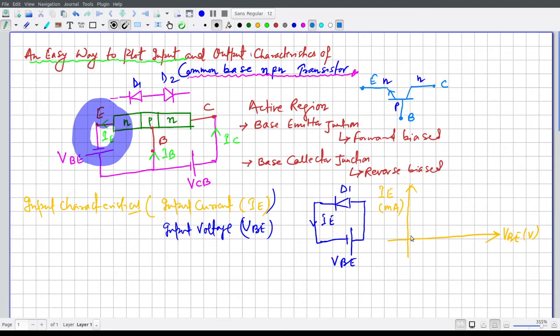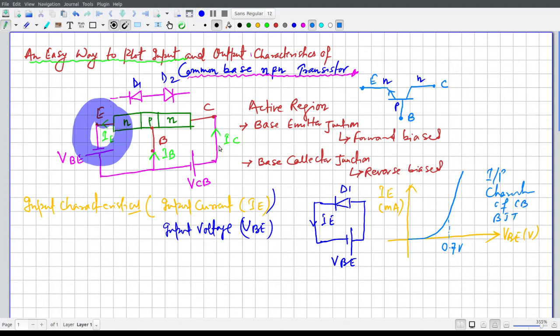So it is a simple diode characteristic, with a cut-in voltage of 0.7 volt if this is a silicon diode. This is the input characteristics of a common base BJT. Okay, it is very simple.